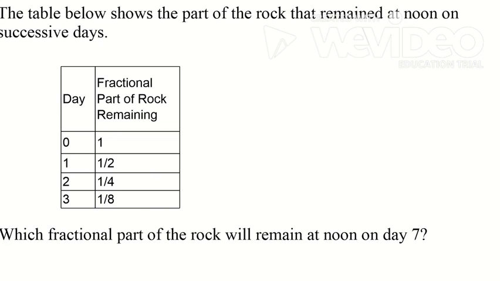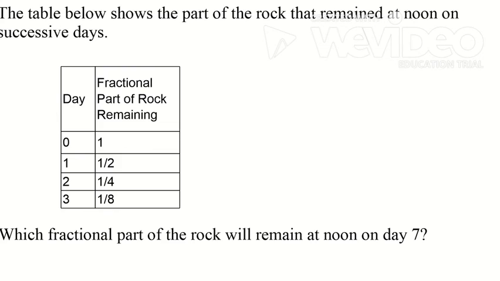So I'm looking at this, and there are multiple ways I can attack this problem. Looking at my fractional portion of the rock remaining, I can see it's going down in size. So I know I'm going to have a decay factor that has to be less than 1. I know my starting amount is 1, which represents the whole part of the rock. But I have to find that decay factor so I can create an equation so I can find on day 7. Or I need to extend my table and continue with that